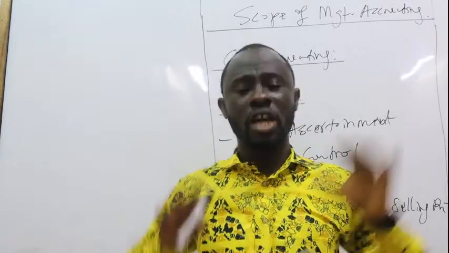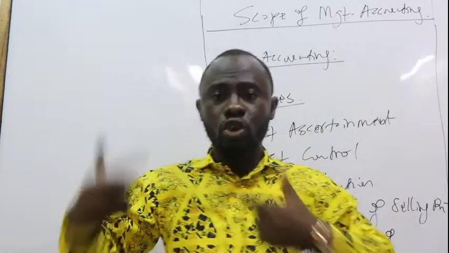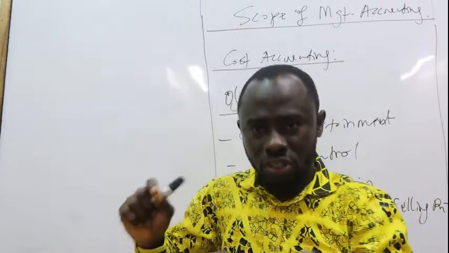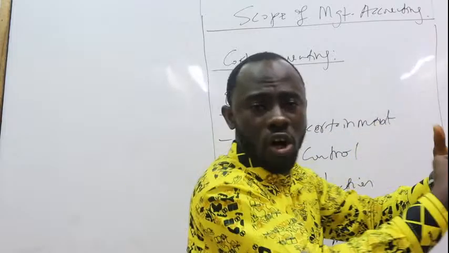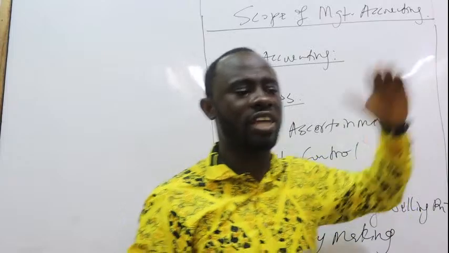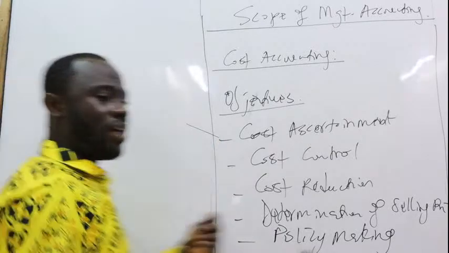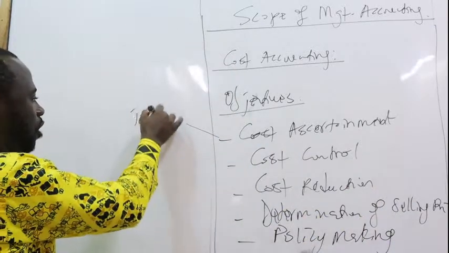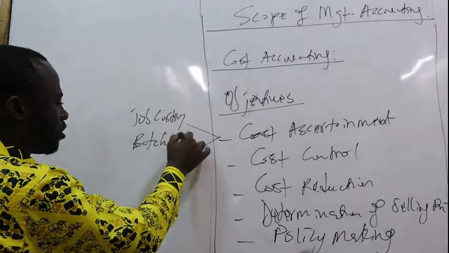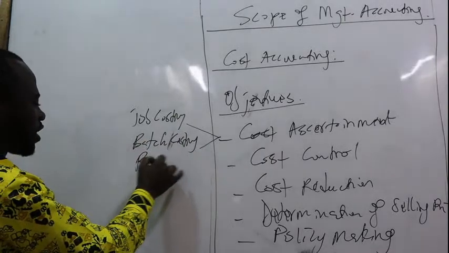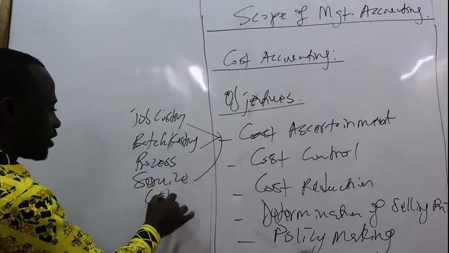Costing methods. So there are 2 things you need to understand. We have what we call costing methods and then costing techniques. So costing methods are the methods used in the determination of cost. So when we say cost ascertainment, it refers to the process involved in the determination of the cost of an activity, a process, or undertaking. So when it comes to cost ascertainment, if it is a job, that is where we're going to be looking at job costing, okay, batch costing, right, process costing, okay, service costing, all those guys.